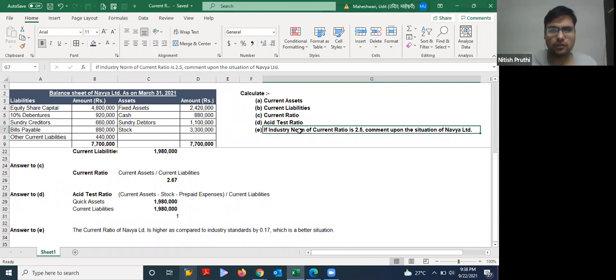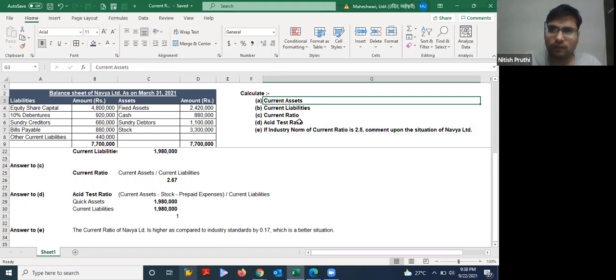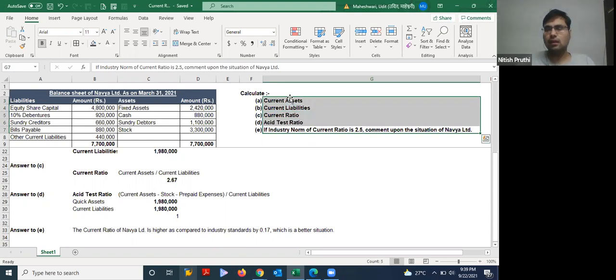Okay, so this is a brief summary about how we find out these ratios, and how we have to solve the question in the exam. In case of any doubt, you can put up your questions in the chat box. Okay, so I cannot see any questions, any doubts. No worries. All right. So I hope that everything is clear.